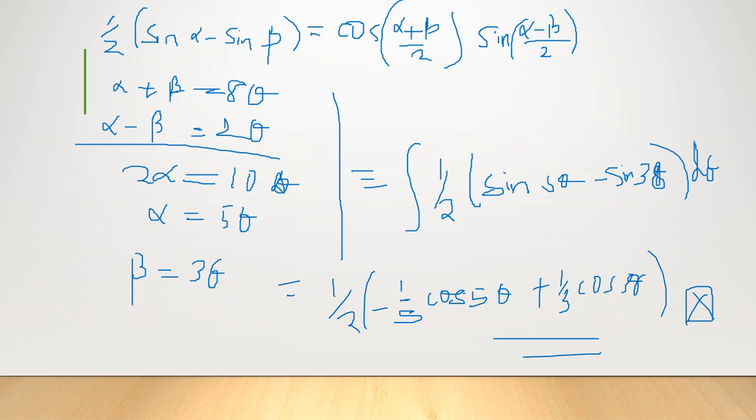We know alpha is 5 theta, minus sine beta. We know beta is 3 theta. So all this is relative to theta. If you look clearly, this is just direct substitution, and if you integrate